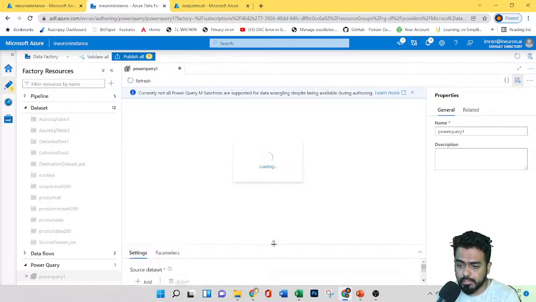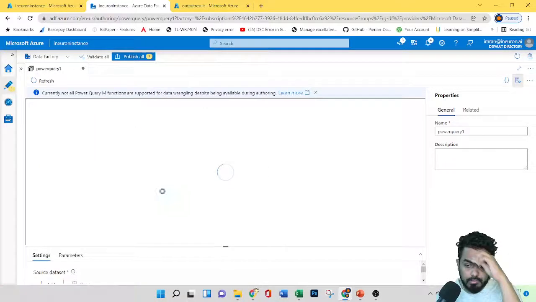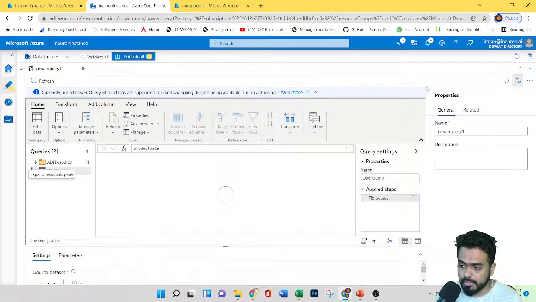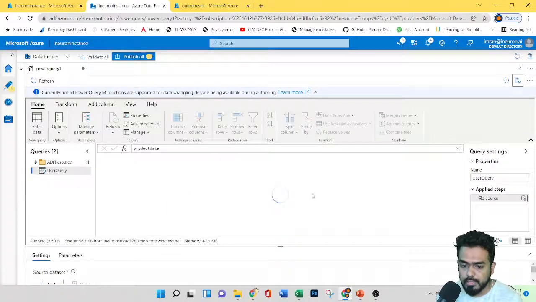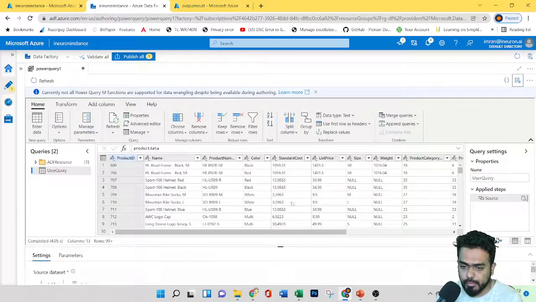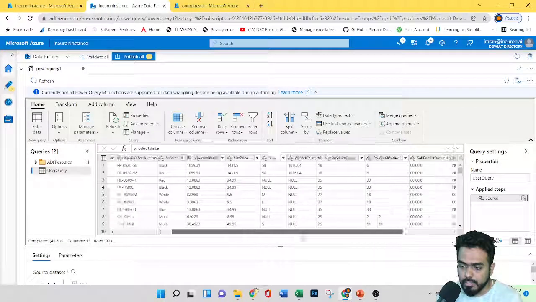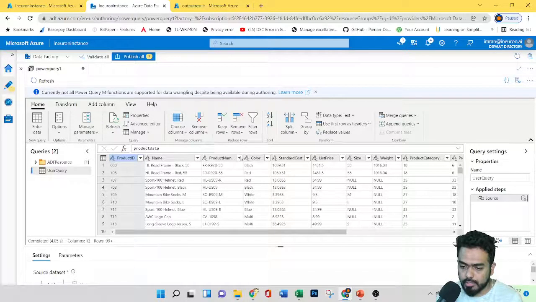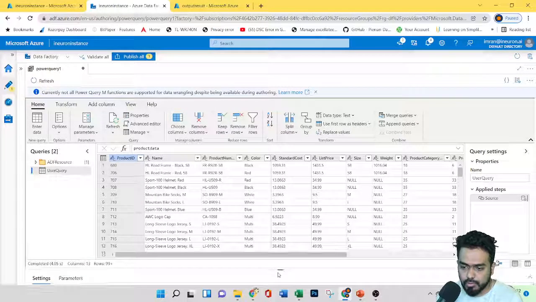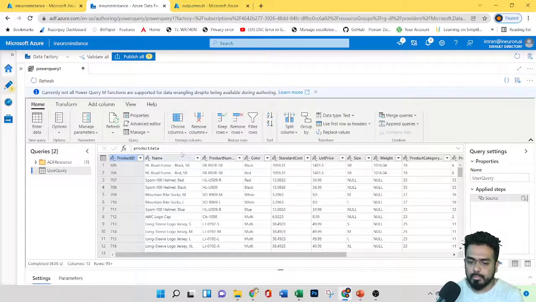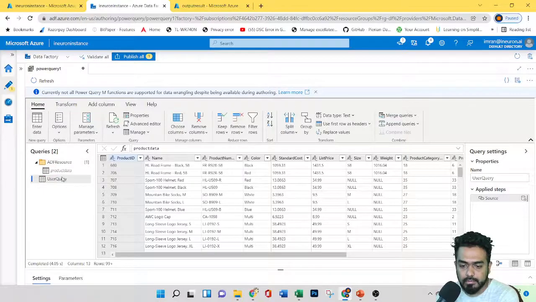Okay, I've just taken the product data. As soon as I click onto this option, you can see all the options over here. This is where we'll be performing all the transformations. So this is our product data. Coming to this, first let's explore what options we have. Under the Home tab we'll be able to see the data you're uploading, and under this you can see the table.